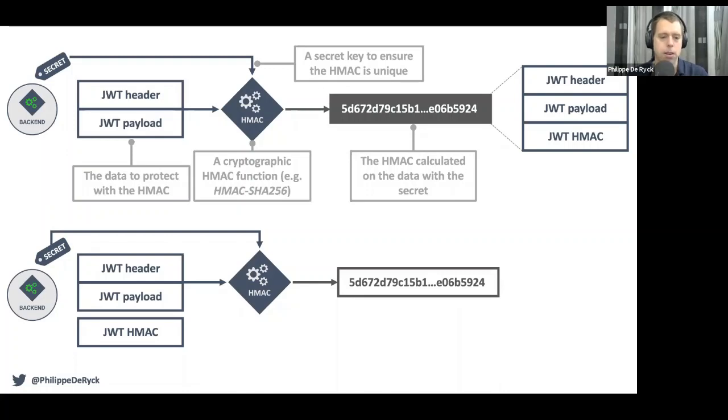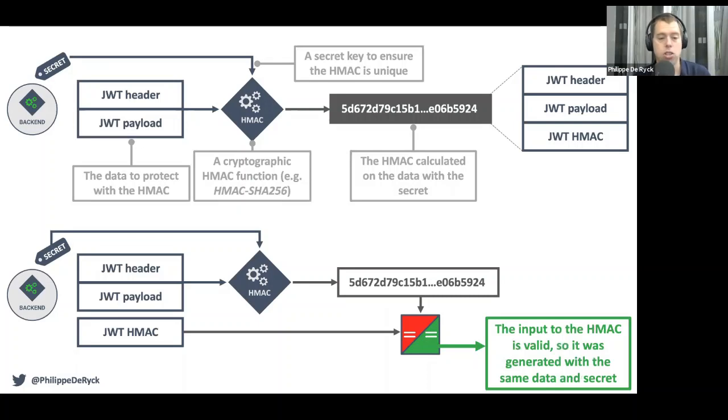Next, your library will compare these HMACs to each other. We had the HMAC attached to the JSON Web Token, and we have the new HMAC. And if these are the same, then we know that the inputs to that HMAC function haven't changed. So we know that the data is the same, and we know that the secret is also the same. So we know that nobody messed with the data, nobody changed the flag from false to true or something like